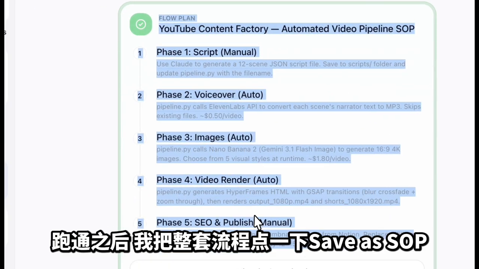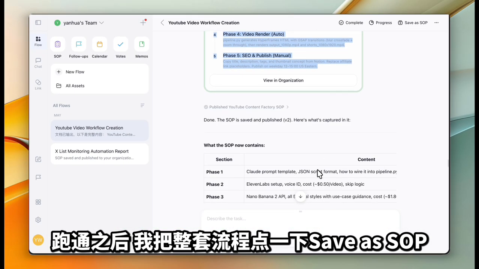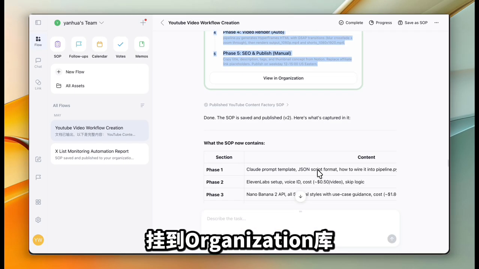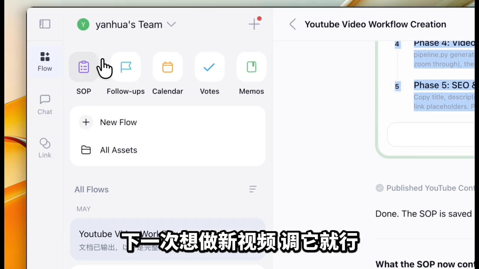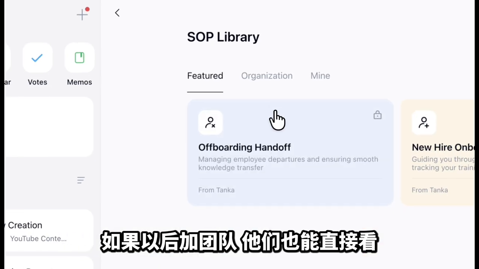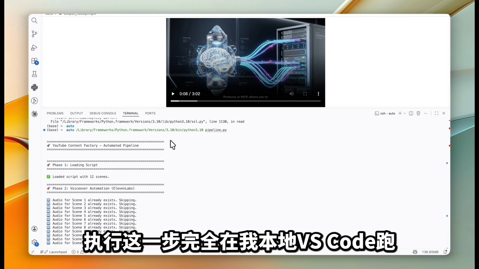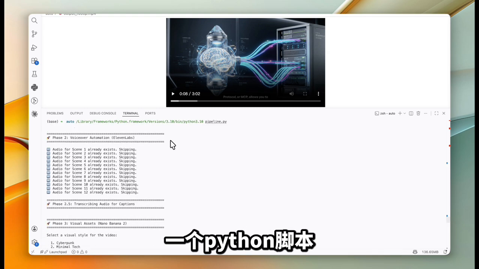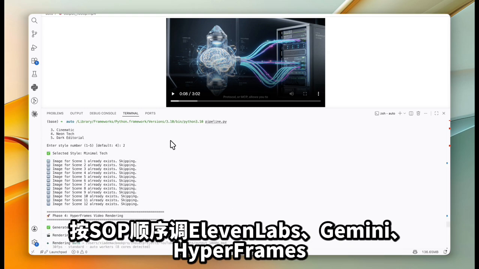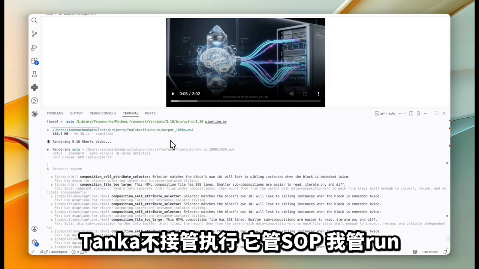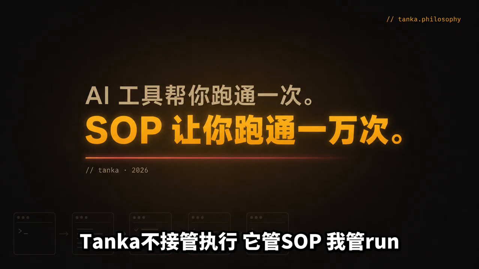没要求我搬过去，跑通之后，我把整套流程点一下 Save as SOP，挂到 Organization 库。下一次想做新视频，调它就行。如果以后加团队，他们也能直接看它。执行这一步完全在我本地 VS Code 跑，一个 Python 脚本，按 SOP 顺序调 ElevenLabs、Gemini、HyperFrames。Tanka 不接管执行，他管 SOP，我管 run。